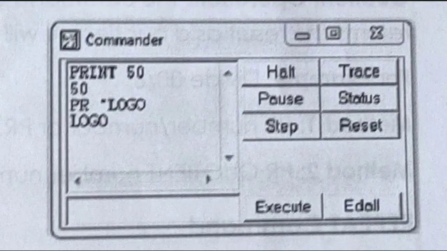Subtraction operation is used to find the difference of the numbers. Subtract 40 from 50, then what do you have to do? You have to write PR 50 minus 40, and the difference will be shown.